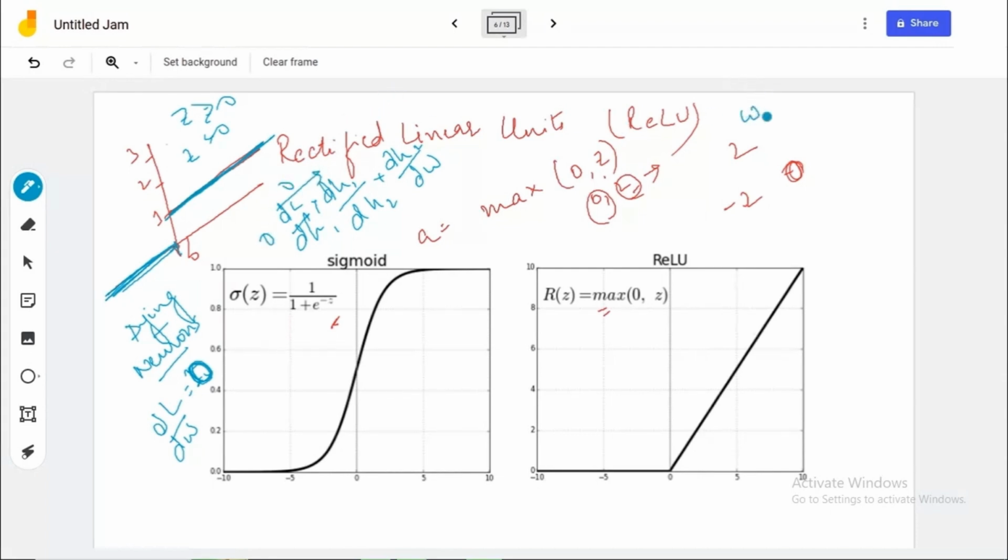So if we look at the formula, minus eta times the differentiation, this whole term becomes 0. So you don't have any updating of weights here. Whatever you give as a random weight remains the same weight even after a lot of calculations. This problem is known as the dying ReLU problem or the dying neuron problem. So this was one of the problems with ReLU.